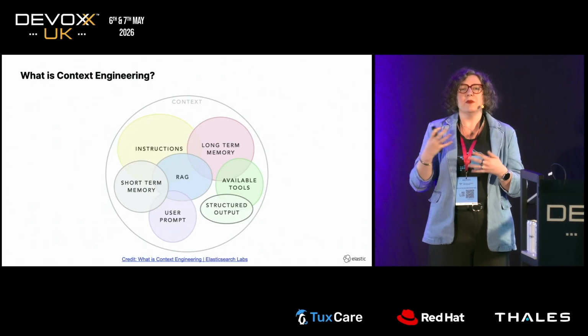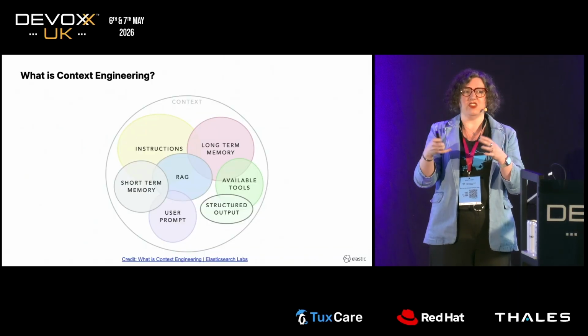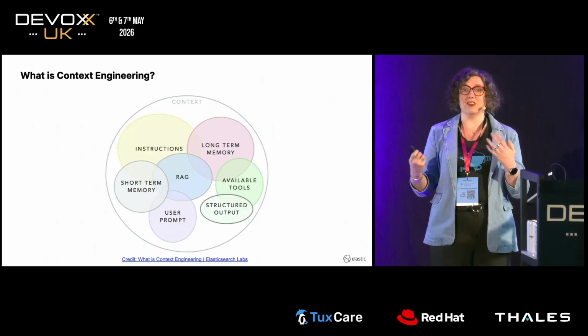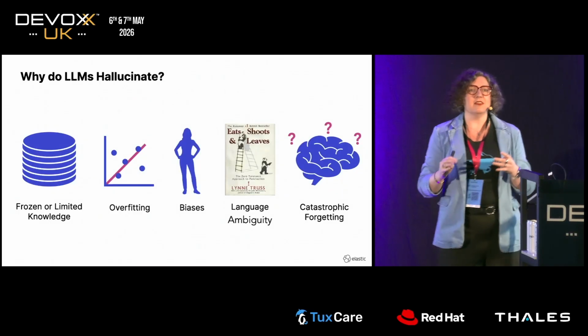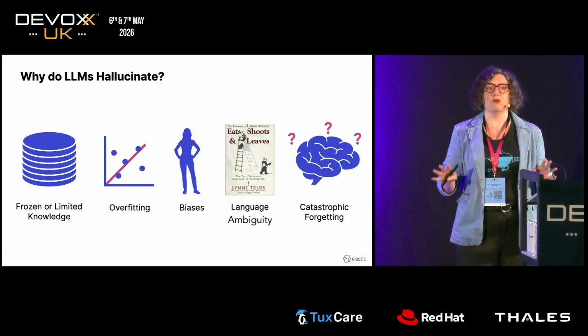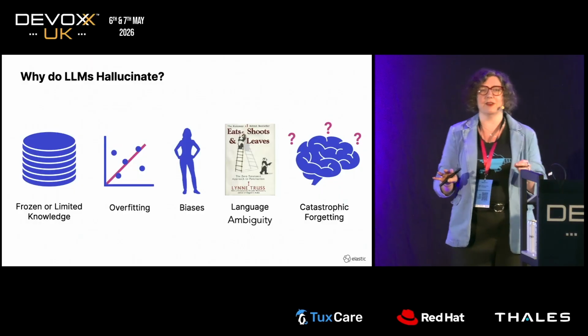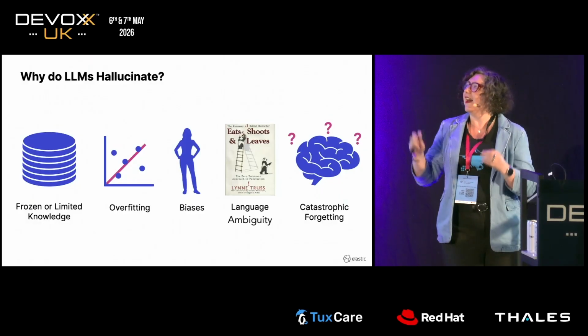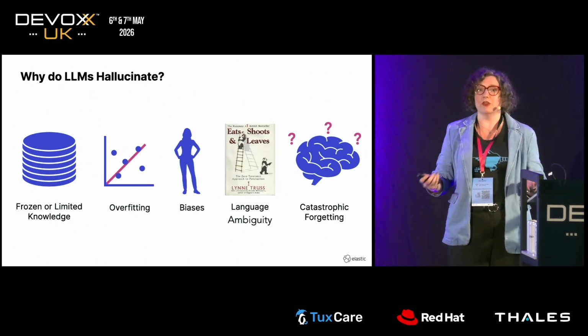Because our job, in my opinion, is evolving into basically trying to structure the right information for these agentic systems so that they end up performing the right actions. Because I don't know if anyone realized this. Has anyone ever had an LLM spit out something that was wrong or incorrect? I thought there was going to be more hands. I'd love to see what you guys are asking LLMs if less than half the room. I have had this. LLMs make things up and they hallucinate for several different reasons.